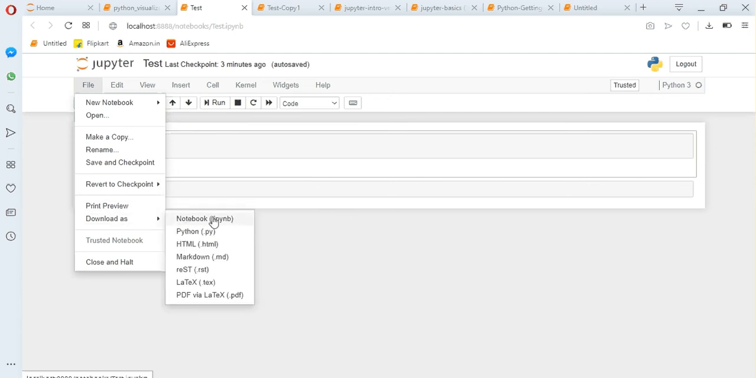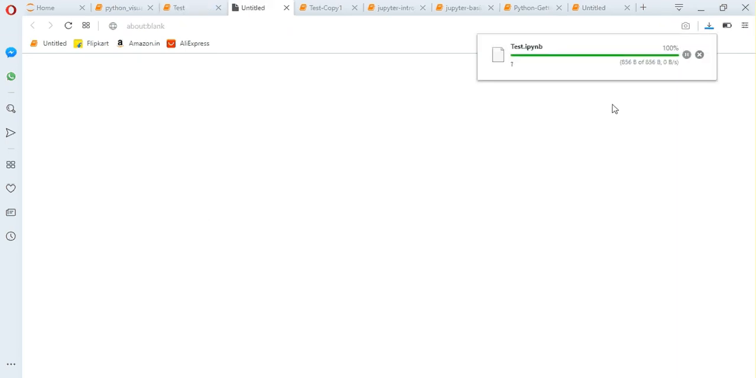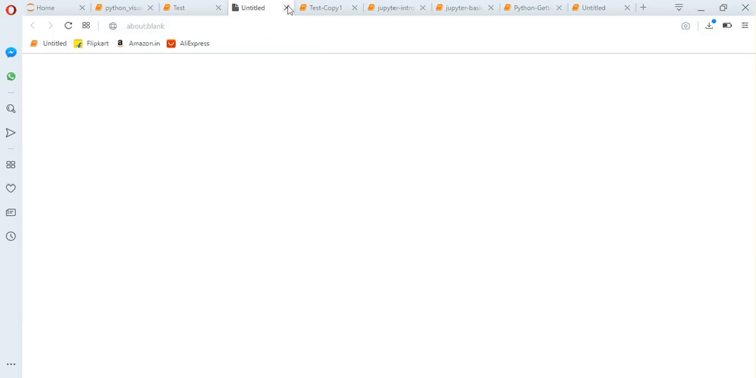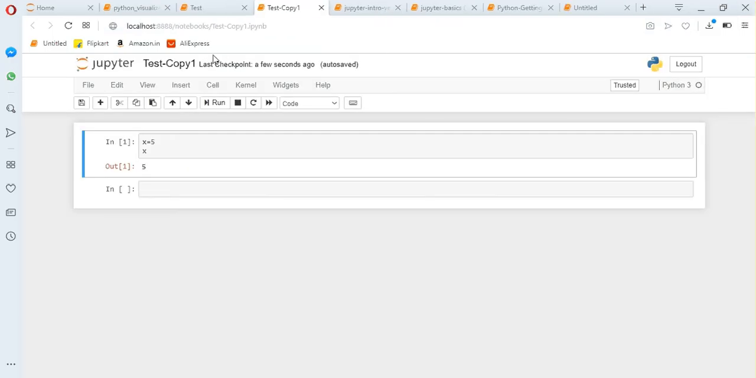You can download a notebook. See, this notebook is Jupyter Notebook, this is Python. If you click the notebook, it gets downloaded. The extension is .ipynb. You can check here, the file got downloaded in the download folder, and you can upload it in future,